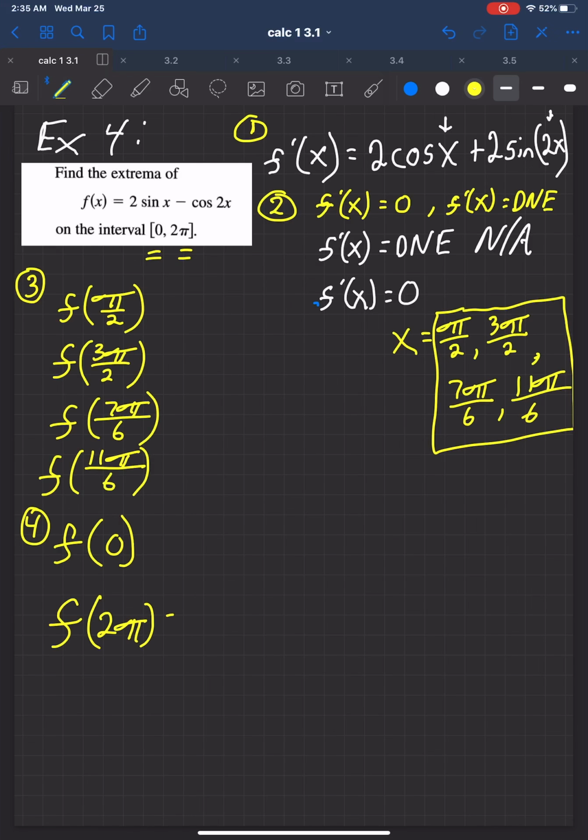All right. I know this doesn't look appealing, but ready? So let's see if we can go through and answer these questions really quickly. So f of 0. Now, as always, if you see a silly mistake on the board, it's simply because I don't have my calculator out in front of me. So I believe f of 0 is -1, f of 2 pi is -1, f of pi over 2 is 3,